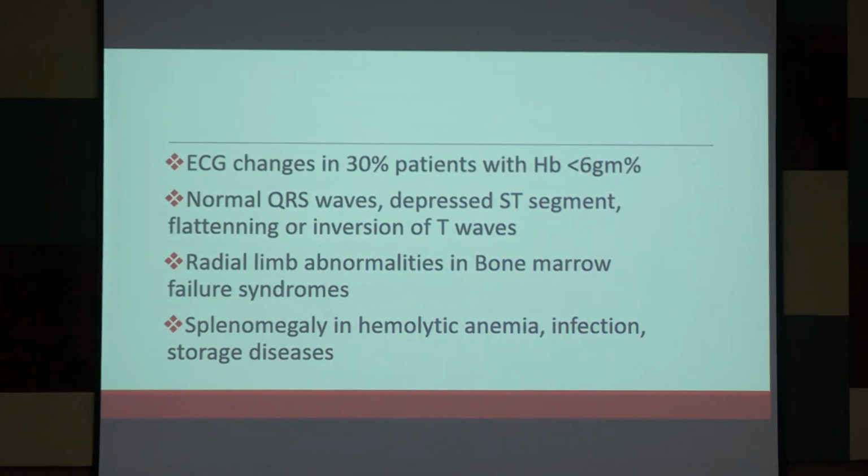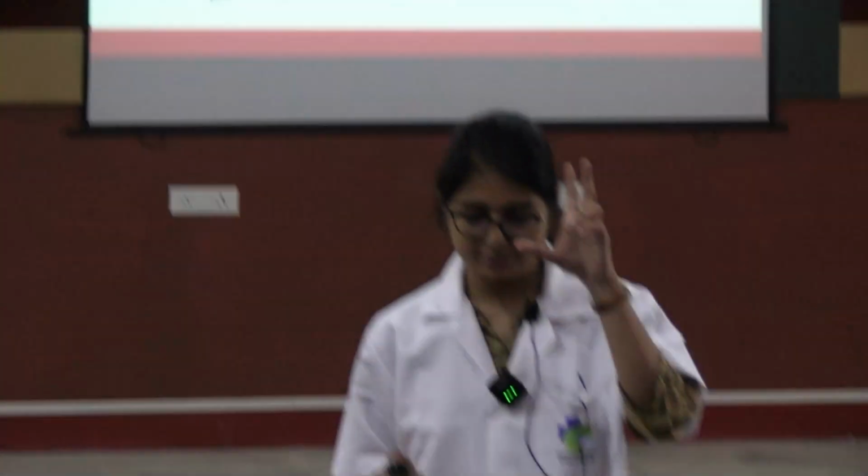Then ECG changes. These are some further cardiovascular examinations. ECG changes will be found in 30% of the patients with hemoglobin less than 6 gram%. You find normal QRS complex, depressed ST segment, flattening or inverted T waves. Now clinically examining, keeping in mind all the other causes of anemia, if you clinically examine a patient, the systemic